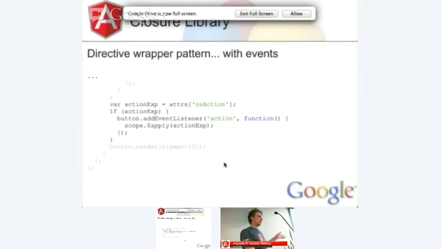You have to make sure to use scope.apply when you want to do these things, otherwise strange things can happen with the data model. But this basically makes sure that your data model stays in sync. So if you have anything listening to the thing you're trying to modify, like you click the button and it increments a variable, then that incremented value will get picked up by the other part of your app.